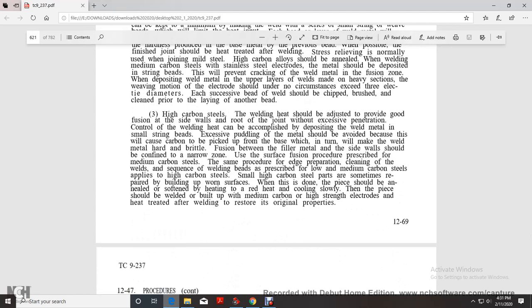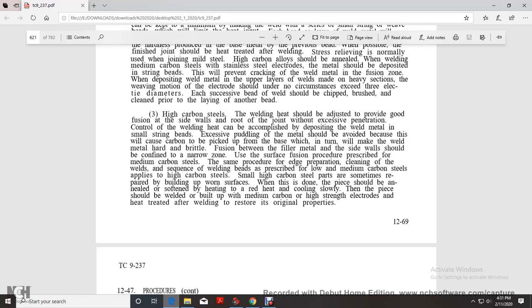Another high carbon steel: the welding heat should be adjusted to provide a good fusion with the sidewall of the joint without excessive penetration. Control of the welding heat is accomplished by depositing weld metal with small stringer beads. Excessive puddling of the metal should be avoided because of the carbon picked up at the base